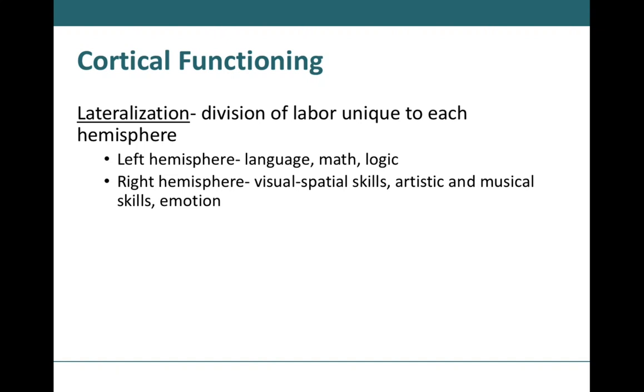We already know that the right side of the brain controls the left side of the body, and the left side of the brain controls the right side of the body. But there are certain activities and skills that are more localized to one side of the brain than the other. The left side of the cerebral cortex is going to manage activities that are more based on rationalization. So logistical reasoning or language comprehension are both going to be activities that are localized and controlled from the left